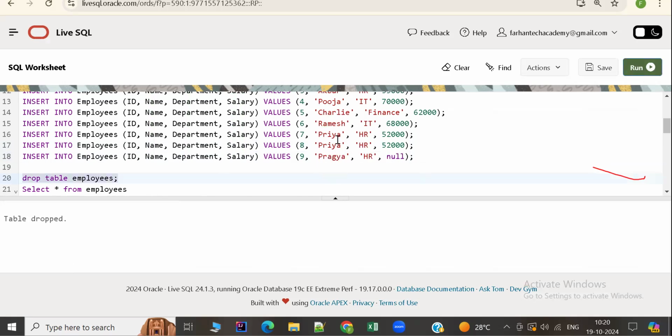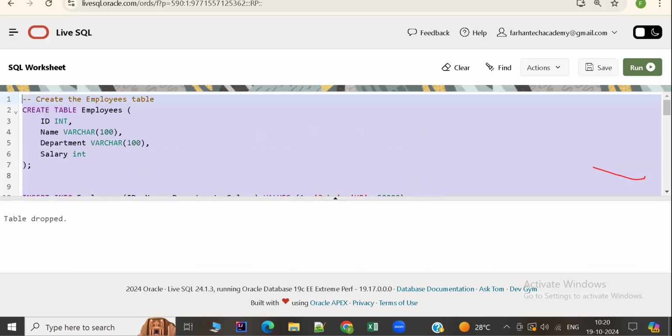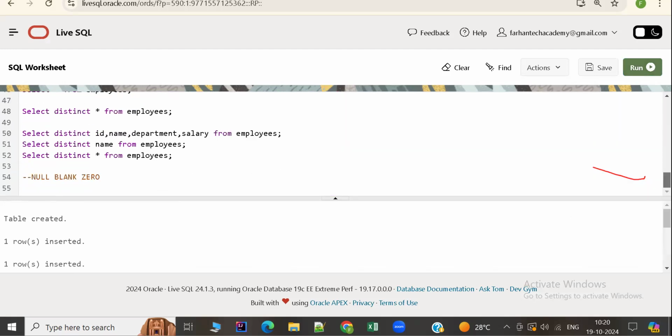So this duplicate thing we have understood. I will just remove this record. Let me create the table. Fine. Now since we have understood null, blank, and zero, in our table we have a record present with